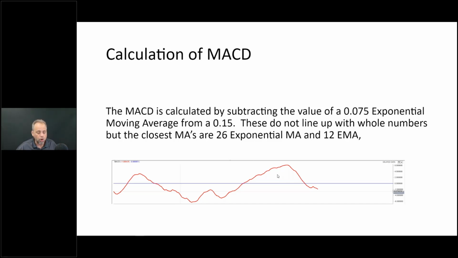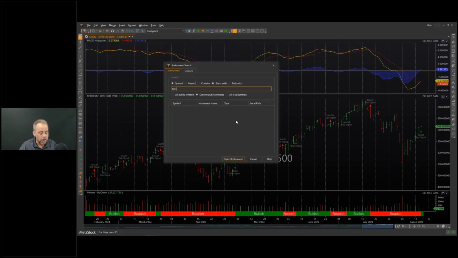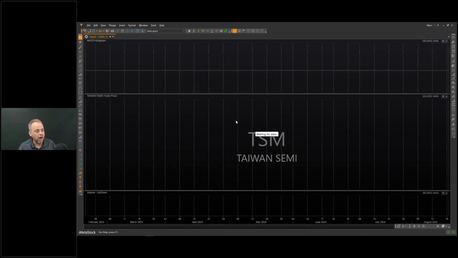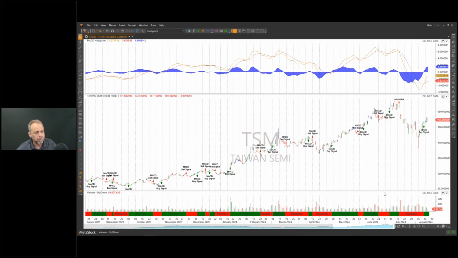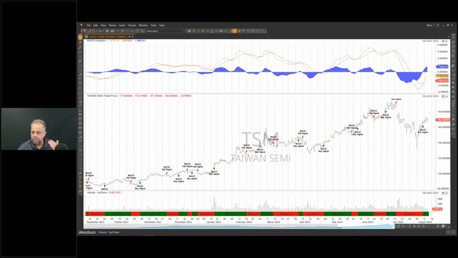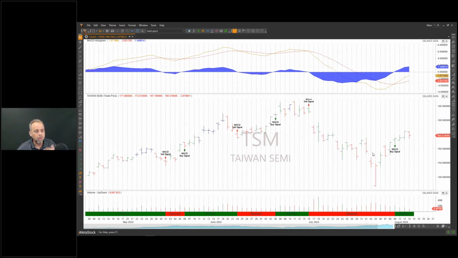So thanks to Greg for the symbol, I'm going to open up a chart of TSM. Let's jump over to it, and we'll talk about the construction of the individual lines of the MACD. For right now, I think it's a little more visible if I change this to a white background. Hopefully you can see it a little better. For me, it's more visible, though that could just be a personal preference.